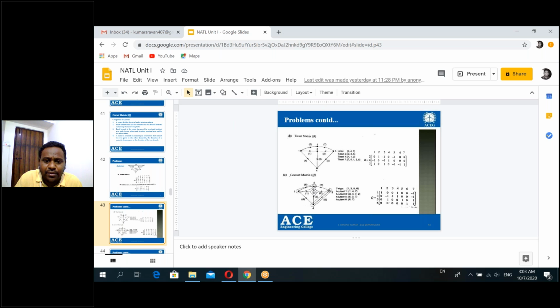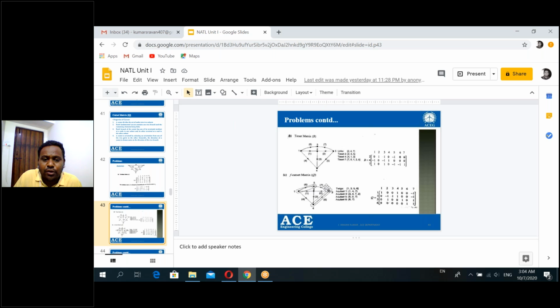Consider away from the node. So 4 is away from the node, 2 and 7 are towards the node. That's why 2 and 7 will be negative, 4 and 3 will be positive. 3 is already positive, so with respect to 3, 4 is also the same. Right. Next, the last cut set, the sixth cut set, 6 and 7.